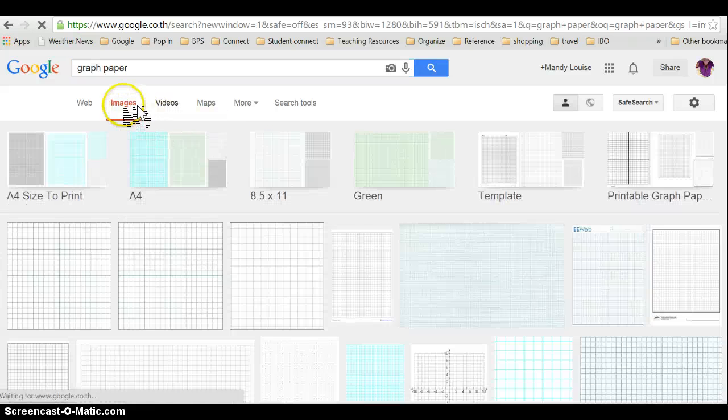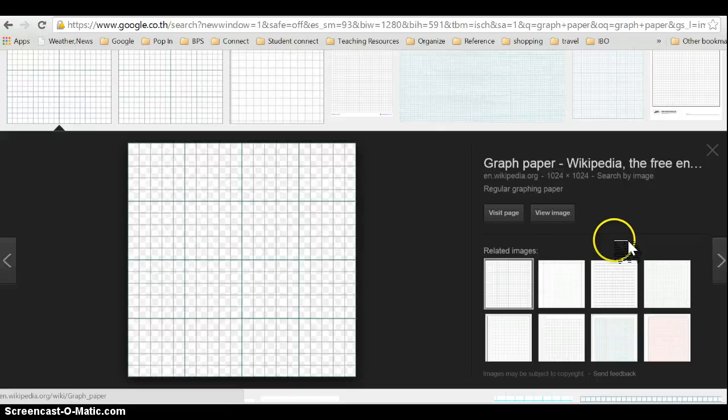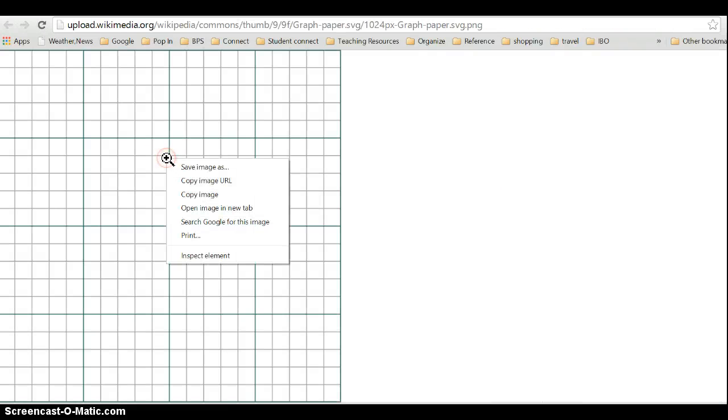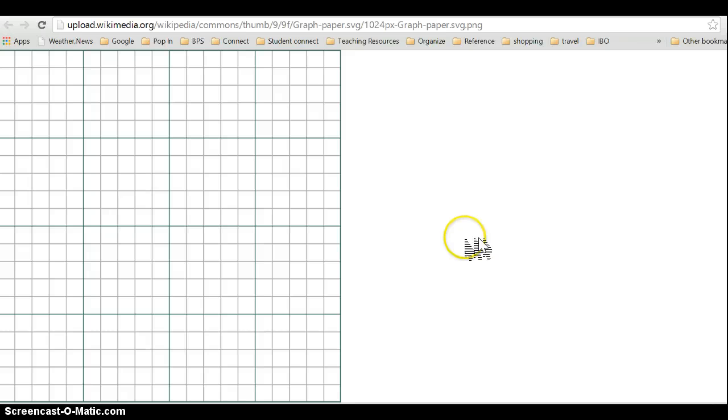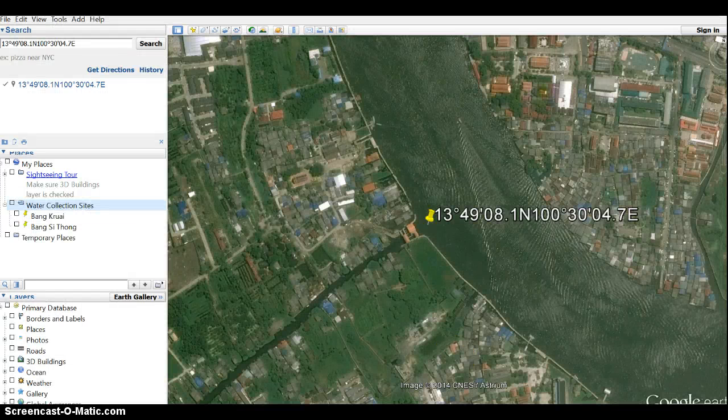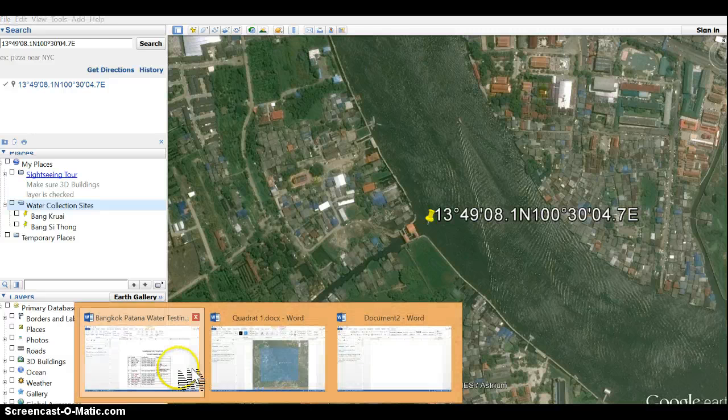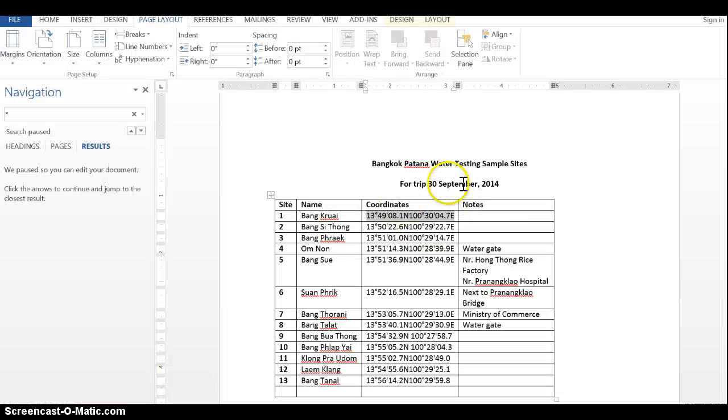have a look what it comes up, make sure you've selected images, and select some graph paper, okay? Go to view image, right click, save image as, and save it somewhere that you will be able to find it again. Okay, once you've done that, you then also need your list of coordinates for the places where you're